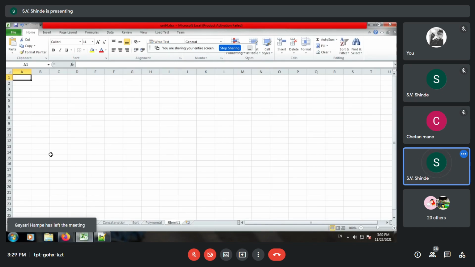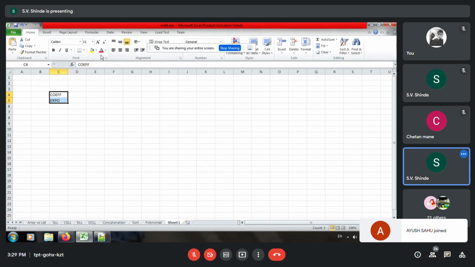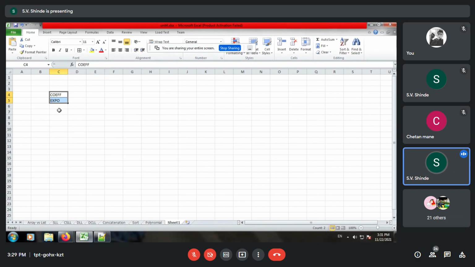So over here, the first member is nothing but your coefficient. Second member is nothing but your exponent. And they will have two pointers. So let us first draw the structure and then we'll be able to understand it. We have two pointers, one pointing to the previous node, another will be the next pointer. So let us say next pointer.